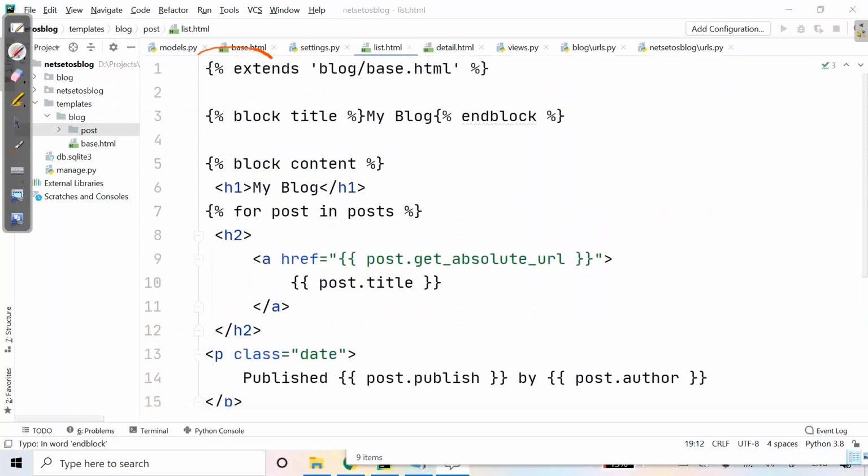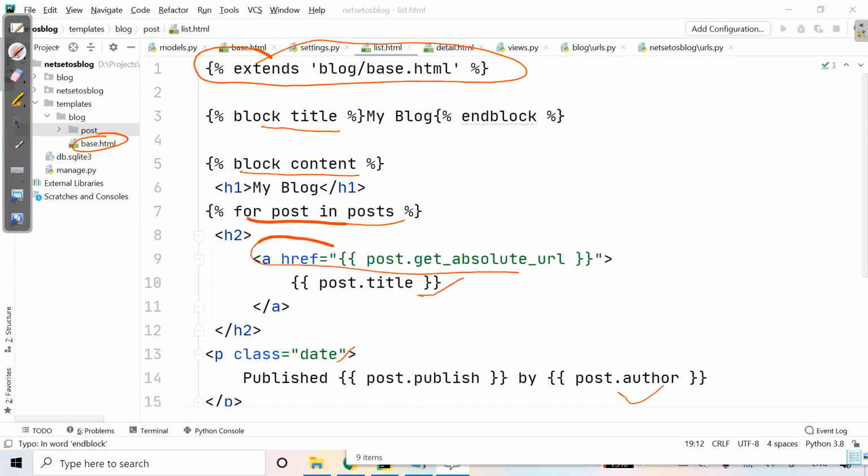Here we have used extends template tag. Here I am telling Django to inherit from the template where we have base.html. Then we will fill the title and content blocks of the base template with content. Here we have iterated the posts and displayed their title, date and author, including a link.